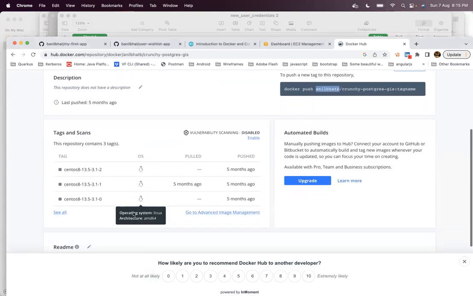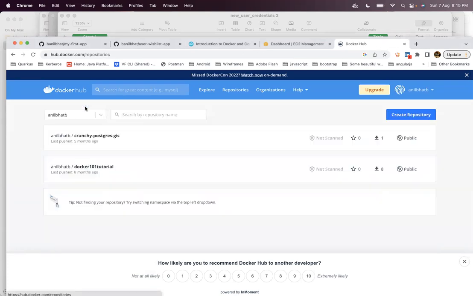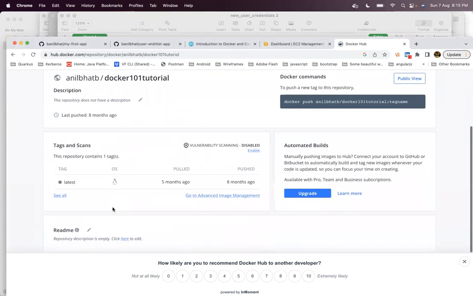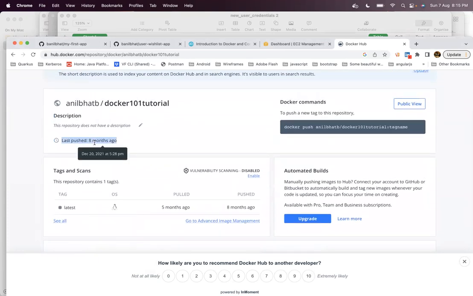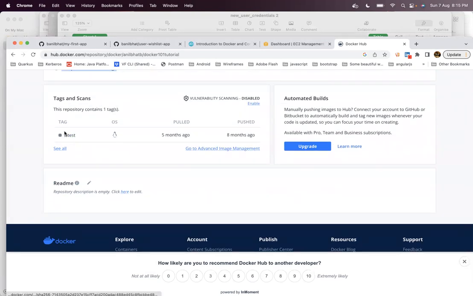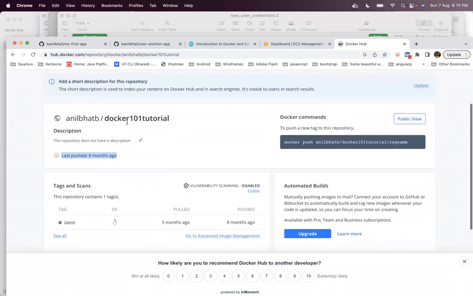Okay, I don't have any images here, I think. So let me go to other repositories. These are all old. Okay, I have one tag called latest here. So this is the repository I have. In that, I didn't have any repository, so let me push this.